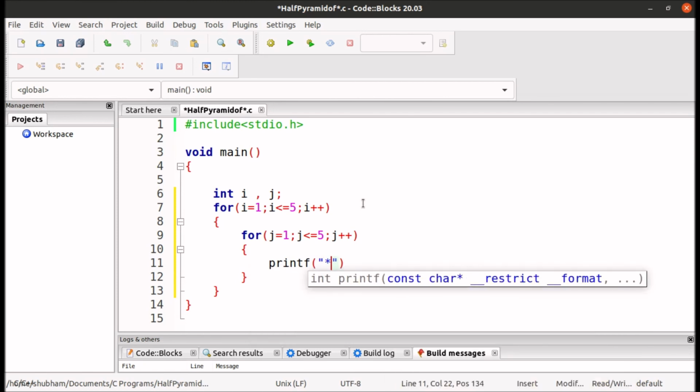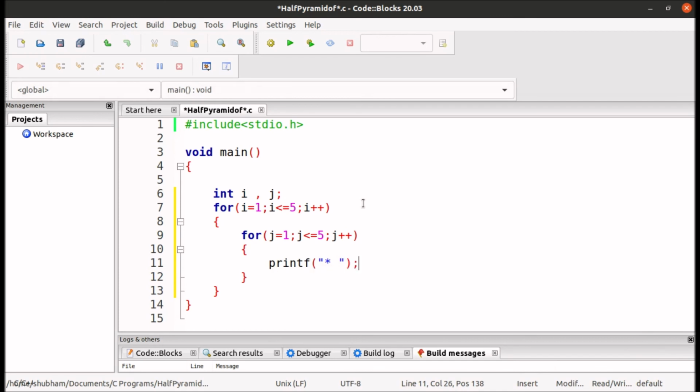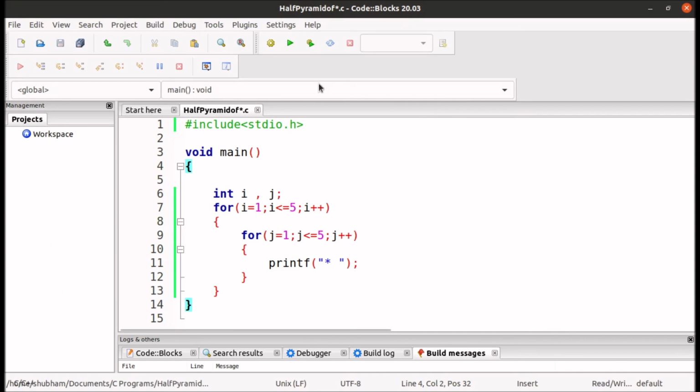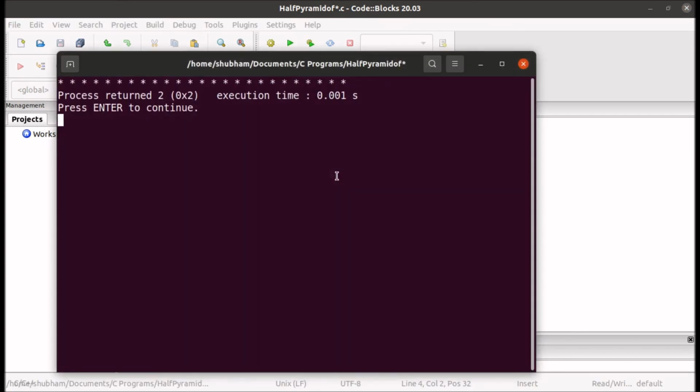So we are printing a star, and let's run this code, and after seeing the output we will modify our code to show this pattern. Let's run it. We are printing stars but all the stars are on the same line, so let's break the lines.